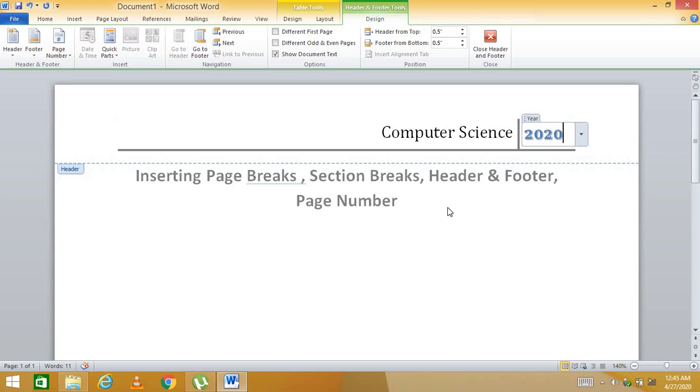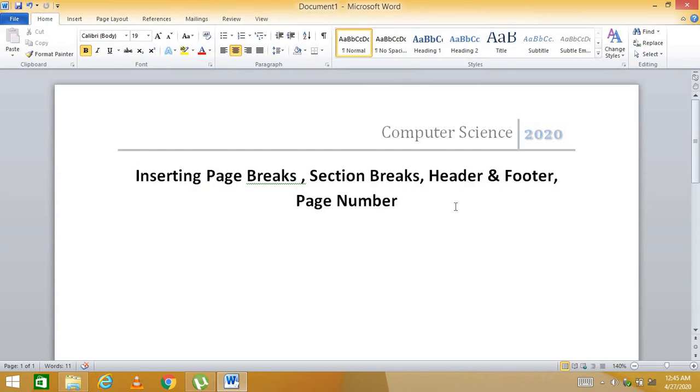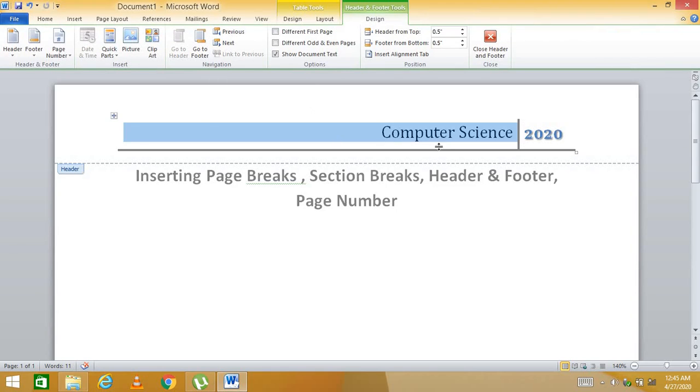So that is basically how you will insert a header. Once you are done with the editing, you can simply click over here, close header and footer, or simply you can double click below the header, then you can close the header editing. And if you want to edit it again, just double click over here, you can edit the header again.